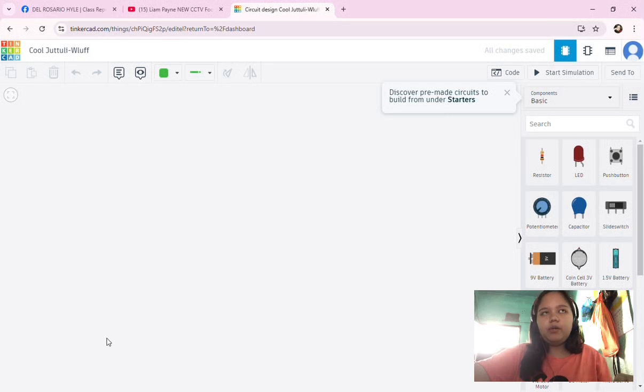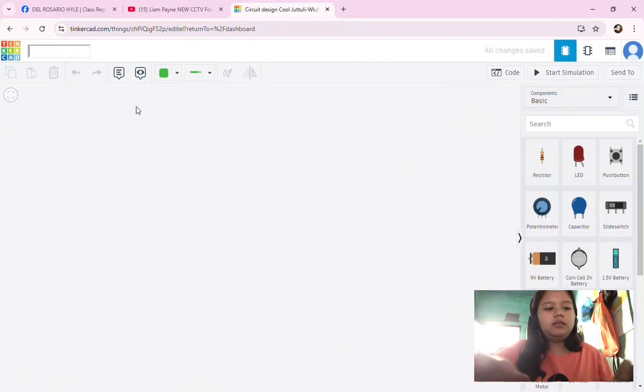So for today, I am going to do the inductance and capacitance here in Tinkercad. But first, I will just rename it as inductance and